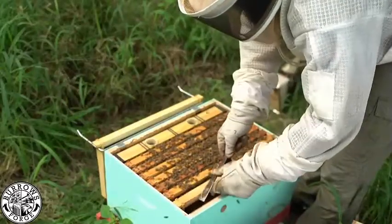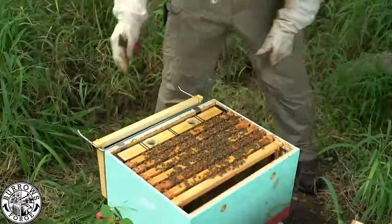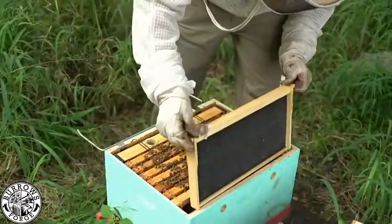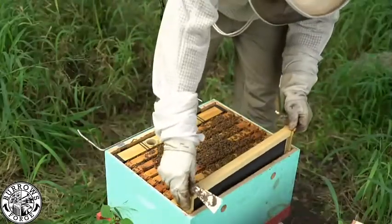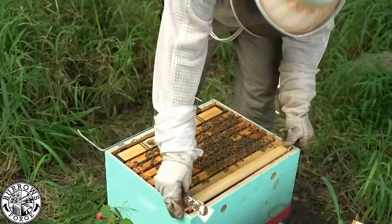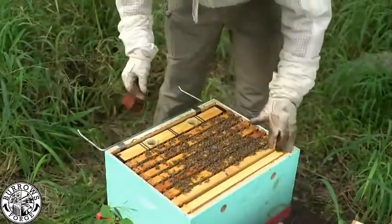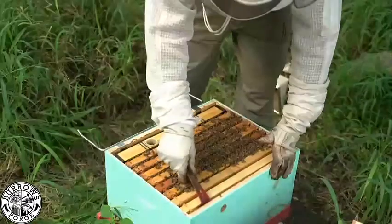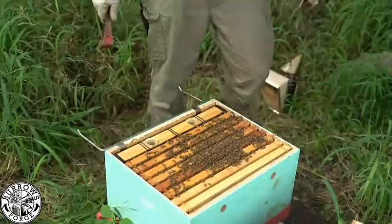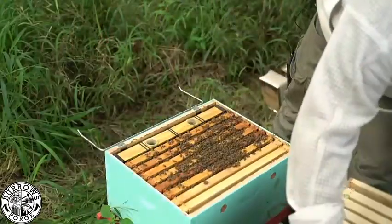I can tell there's a few bees that are a little upset with me. I don't think anyone's tried to sting me yet, but you can tell they're not very happy with me. They're kind of bouncing off of me and stuff, trying to get me to go away. But that's okay, because we're done with this hive now that we've seen what we needed to see. So we're kind of putting this back together. Okay, let's put this top box back on, and we're going to move on to one of our other hives